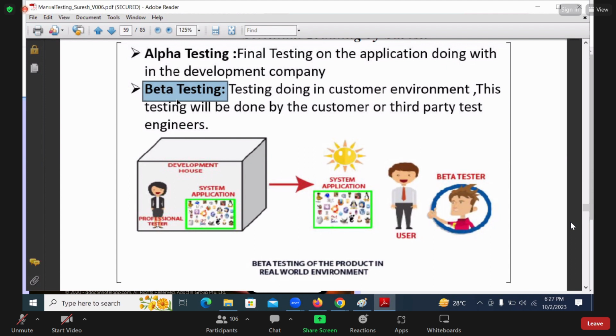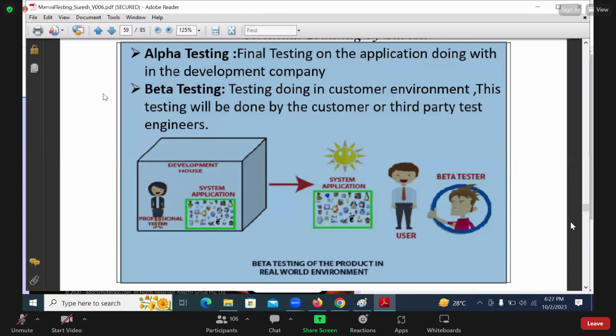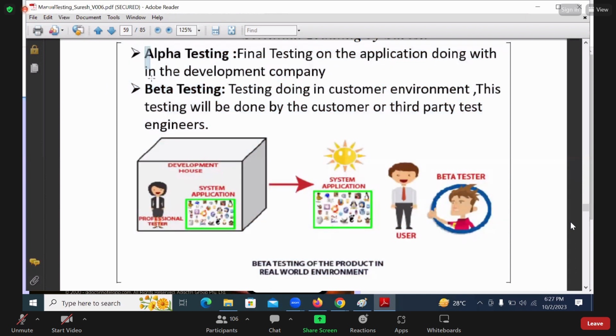Once alpha testing is totally completed and beta testing is totally completed,